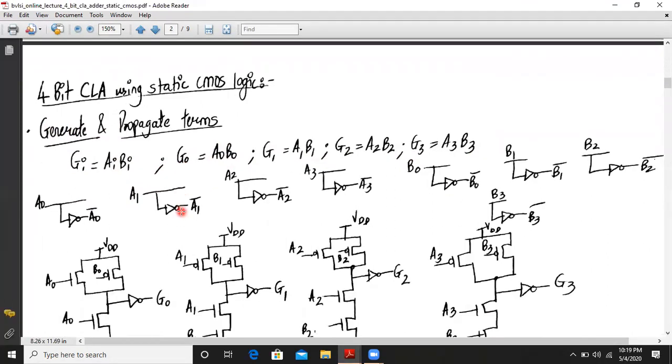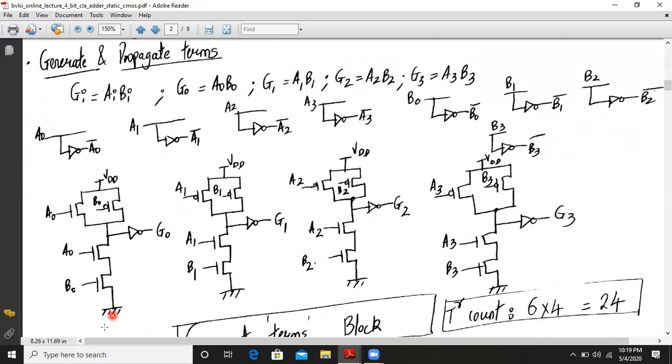So I will directly show you the implementation. So a CMOS inverter implements the complemented functions. So this is an uncomplemented function, that is an AND gate. So hence we need to connect an inverter at the output of every implementation. For example, here if we concentrate on this diagram, this is the implementation for the G0 term. So basically in the NMOS network, you have A0, B0 inputs to the two NMOS transistors, and in the pull-up network, the two of them will be parallel PMOS transistors.